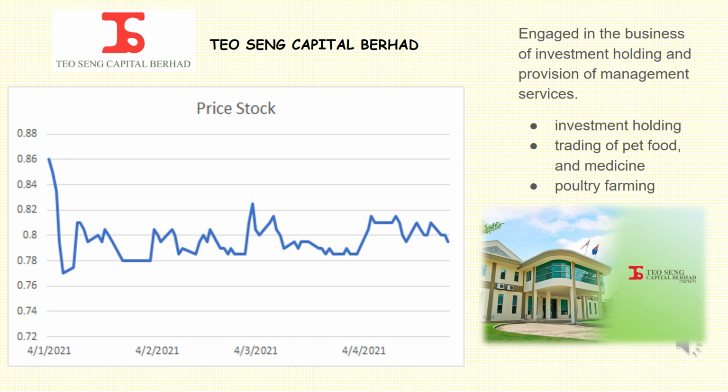But then the price of a stock is commonly seen to fluctuate depending on how interested investors are in buying shares in the company. After that, the stock price of Tiosan Capital continuously showed a usual fluctuating line over the 4 months. It just rises and falls respectively depending on the